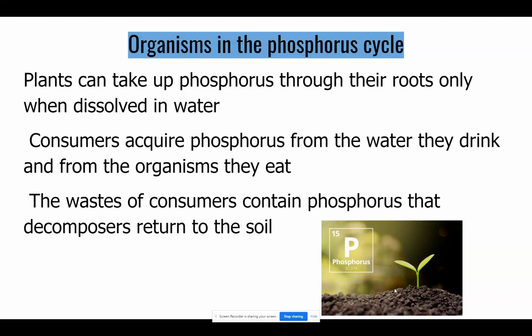Remember, a decomposer is an organism that lives in soils, that breaks down either dead material or the waste material from plants. So we're thinking like earthworms, bacteria, fungi, stuff like that, that breaks down decaying matter. That is a way that phosphorus can be released into the soil, which can then mix with water and get uptaken by plants. So that's kind of our small little phosphorus cycle.